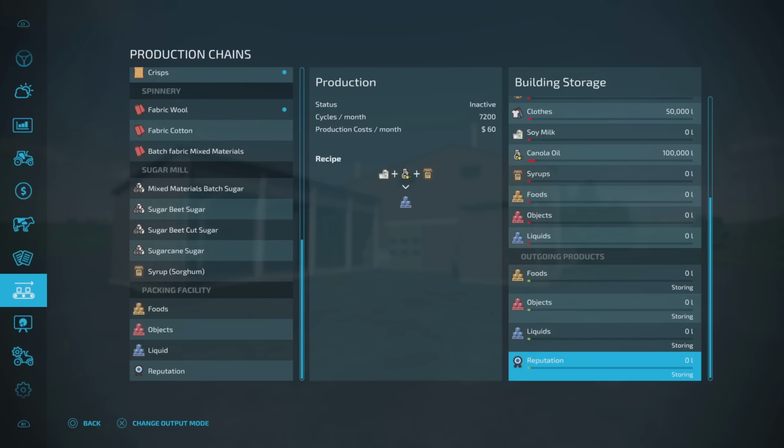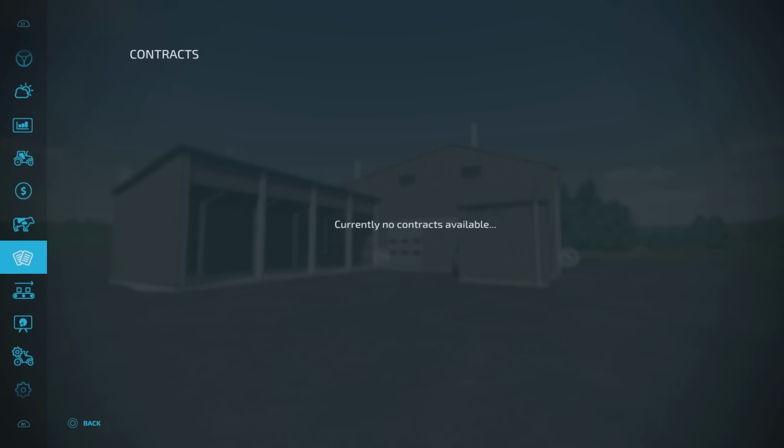Important, to produce reputation, you need to set foods, objects, and liquids to distribution. So on here, I would set those to distribution, and reputation requires all three of those, and then you get reputation pallets, because I need to produce those now. That's the next step in this process. Why is this important? Well, it's the prices, and this is where you make mega money. So we're going to go up to the pricing,